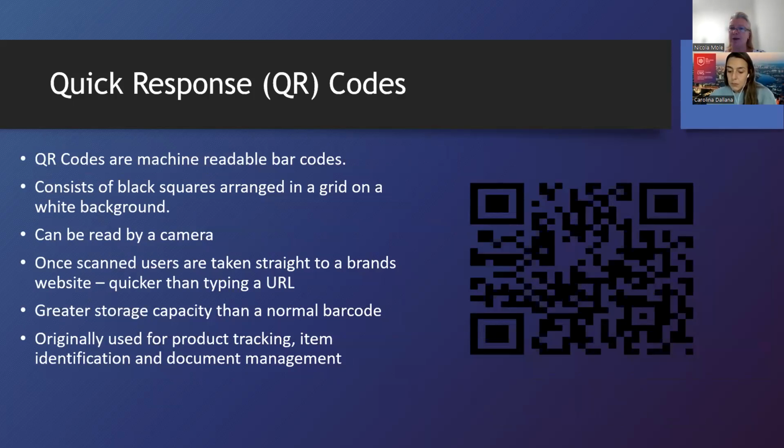So you may be familiar with the barcodes, which are just the horizontal black lines in a little square. In the past, we used them for product tracking, item identification, and document management. So when we wanted to check how much stock we had in the supermarket, for example, we used the barcode. So these have been developed significantly since the days of the barcode, and it can store large amounts of information. Again, as I said earlier, look at the history of these, look at how it's developed over the last few years. Then you'll understand why it's such a significant development.